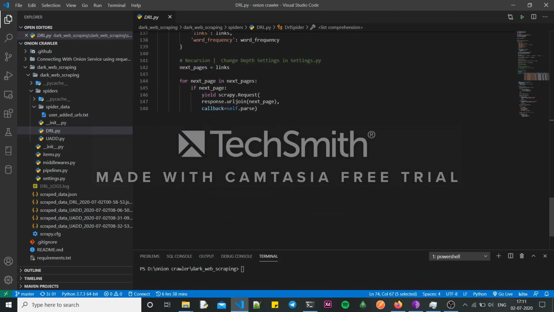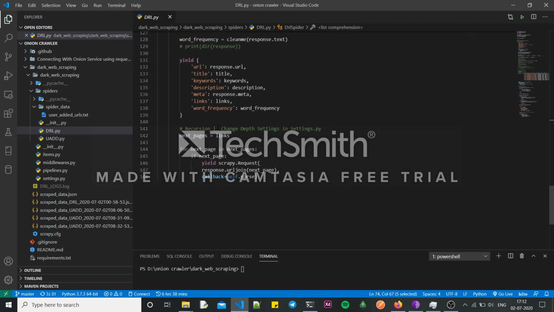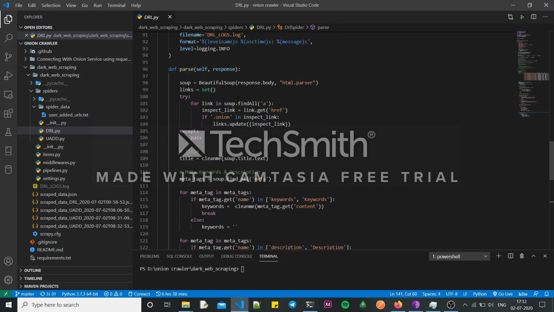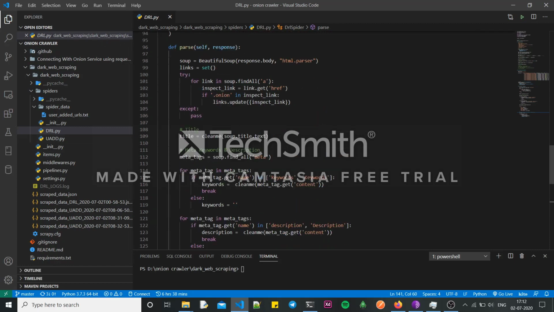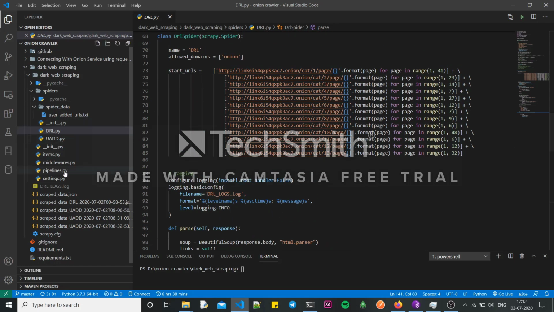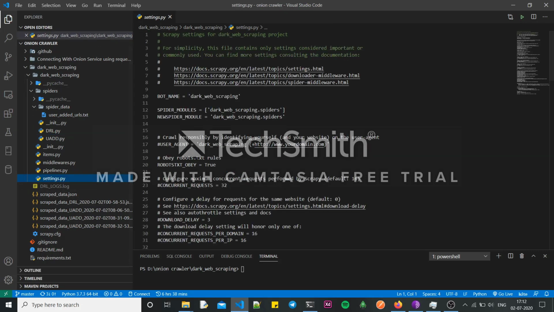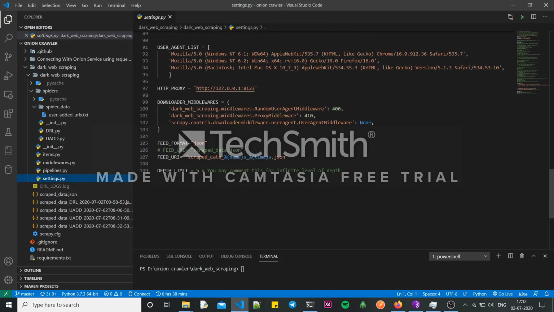So I'll give you a scenario. The other thing I'm mentioning here is change depth. If you have cleared this setup, this is not the setup, this is just the crawling part. So I'll show you some settings that you can switch over here. These are my settings: feed format JSON, feed URI .json. You can change to CSV, or if you are using MongoDB online, you can have all the connections present here and then use it.